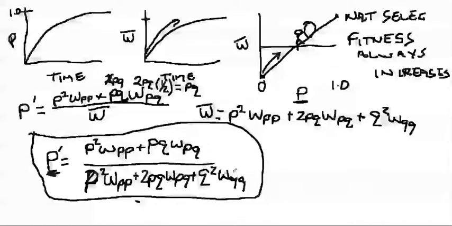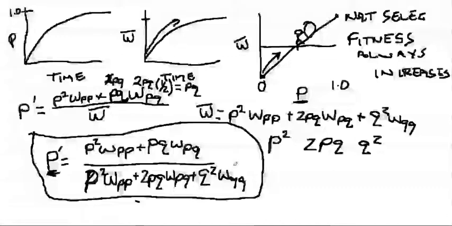How does that help us now? Well, if we want to know then what the frequency of the individual genotypes are, we know that we can use our Hardy-Weinberg equation, P squared, 2PQ and Q squared, to figure out what the expected frequencies of each one of those genotypes should be. And if we know what it's going to be one generation into the future, the P prime, we can figure out what the frequency of each one of those genotypes should be one time step into the future as P prime squared to get our